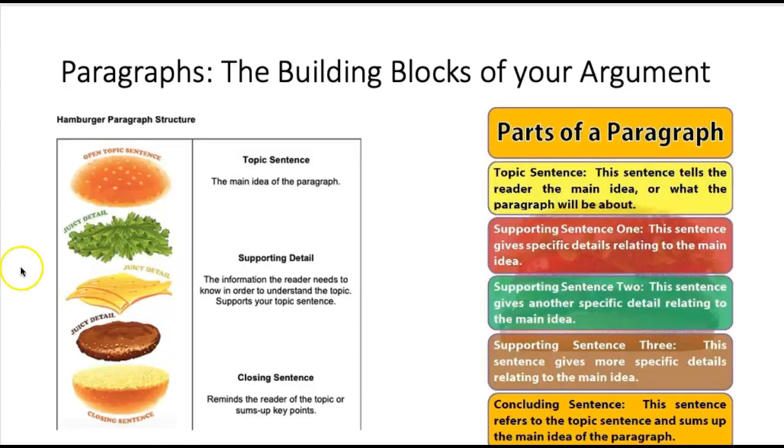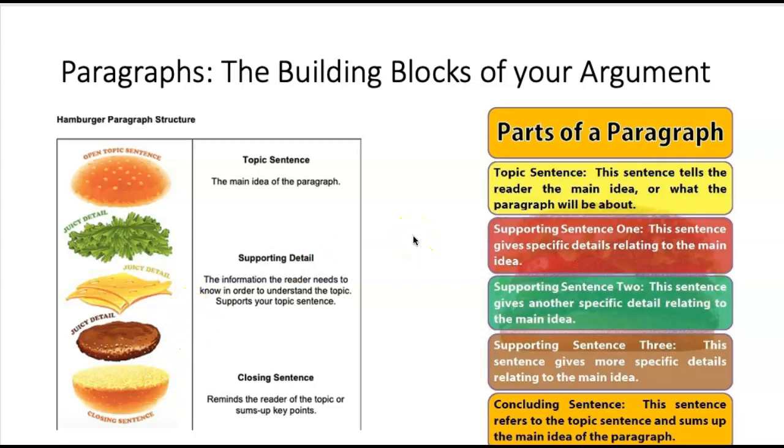Now, moving on. Many of you will have been introduced to this idea of the paragraph in different subjects. It may be in geography or history, it may be in English. The most popular diagram, I think, especially for Key Stage 3, is the idea that a paragraph is like a hamburger. You have your opening or topic sentence, which is the top bun. Then you have all of your juicy filling, which we could call the supporting detail, the examples, the facts, the more descriptive elements. And then there'll be a closing element, which is the bottom bun in your paragraph, okay?